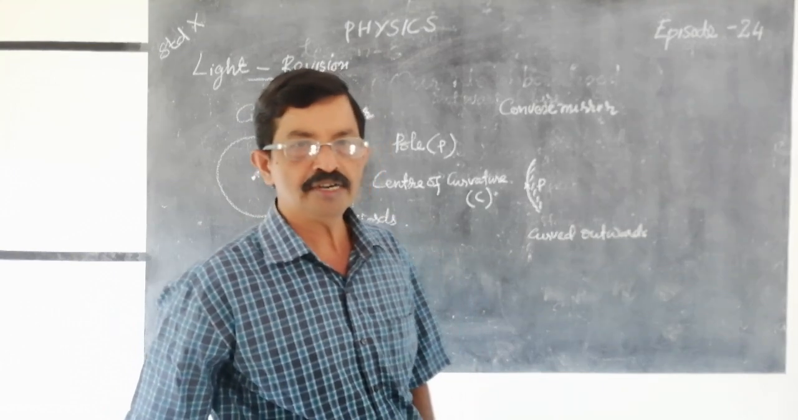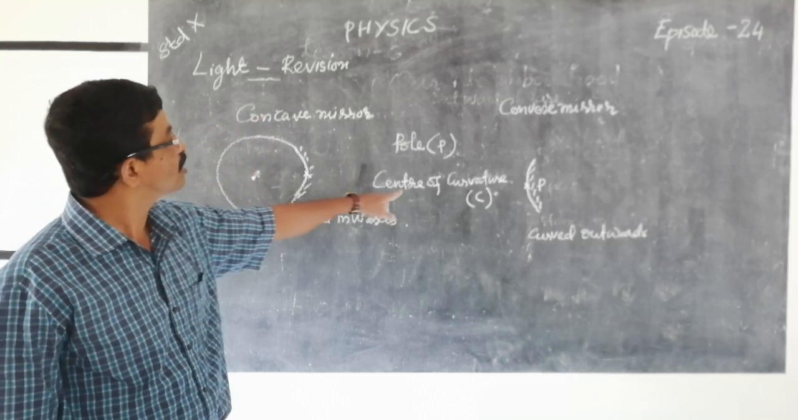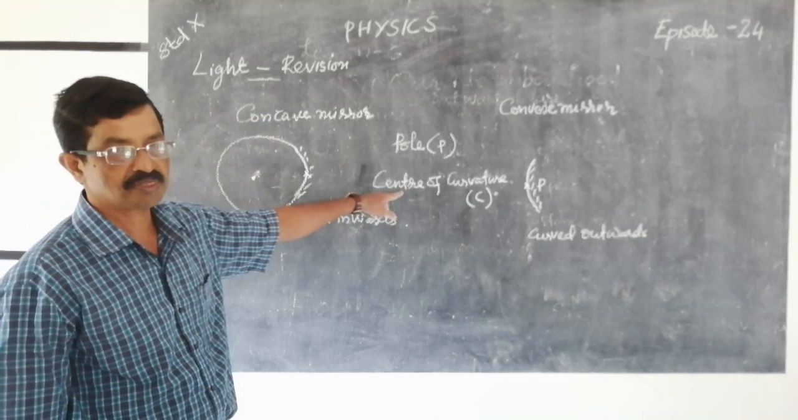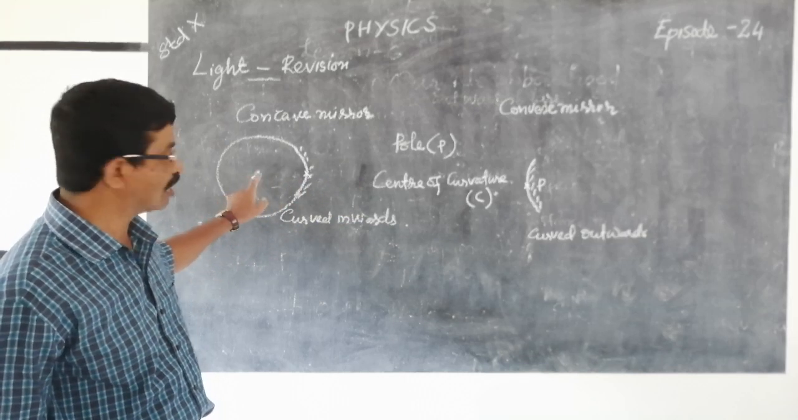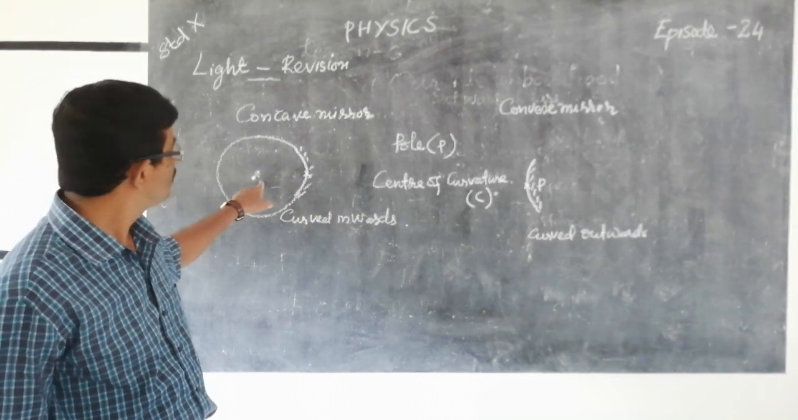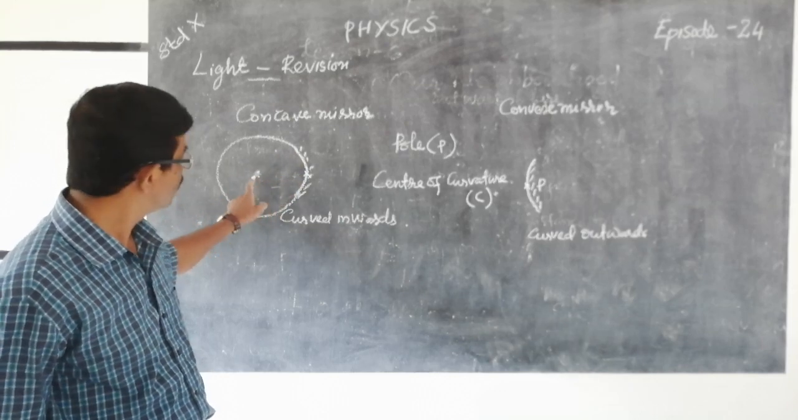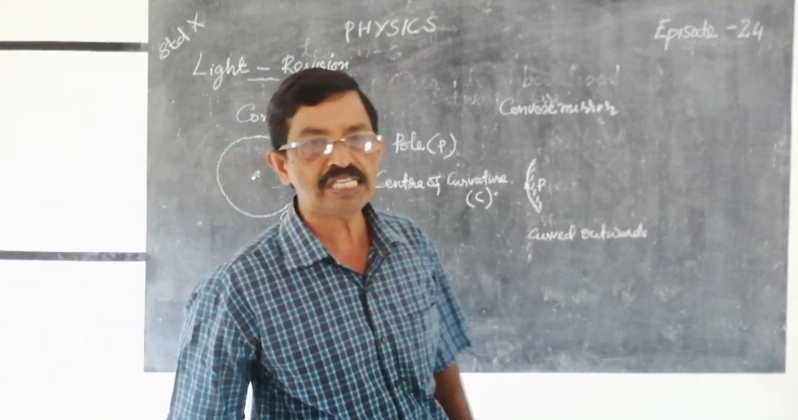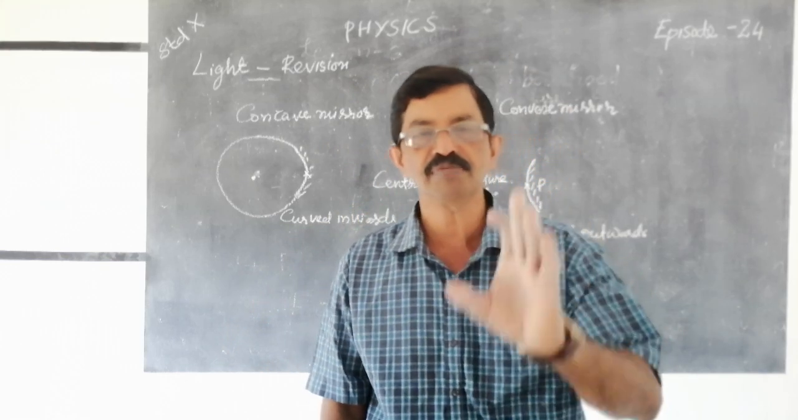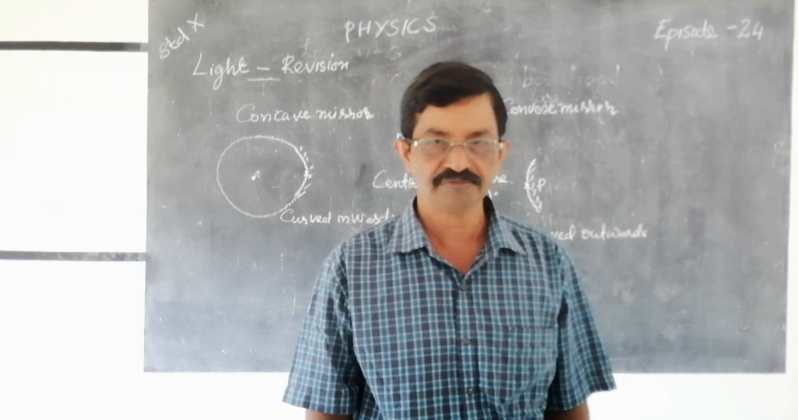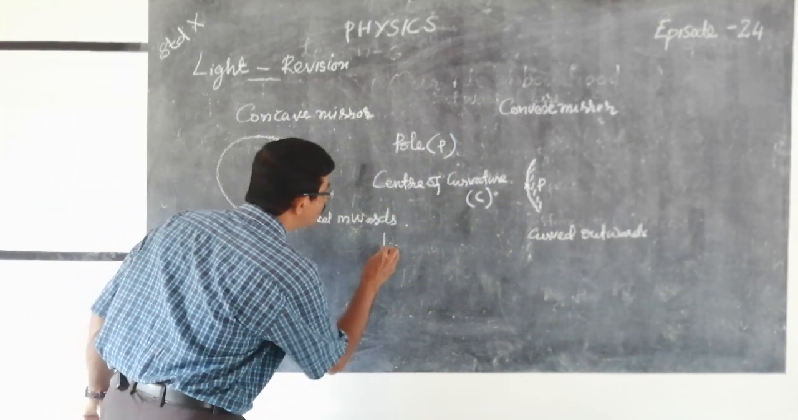The second term related to a spherical mirror is the center of curvature. It is the center of this sphere. See, in this sphere, this mirror forms a part. So, it is the center of curvature. That is, center of curvature is the center of the sphere in which mirror is a part. So, second term. Then third one is